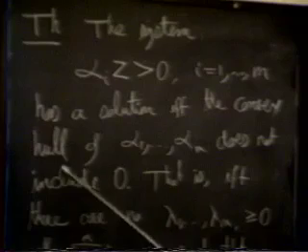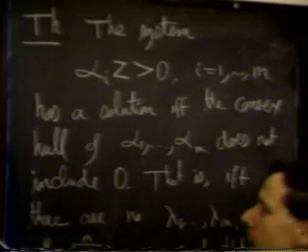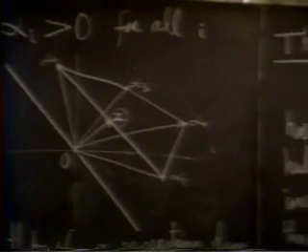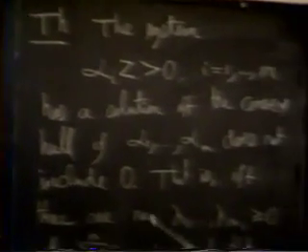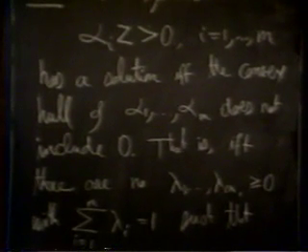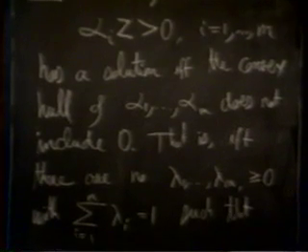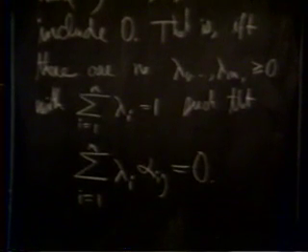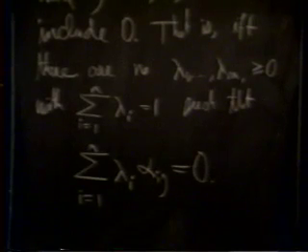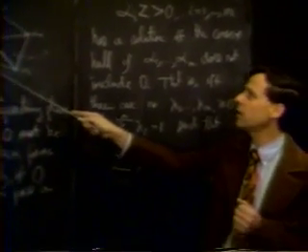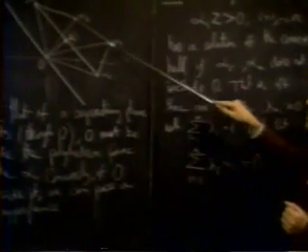The notion of a convex hull, of course, is the set of all mixtures, convex combinations, of elements of these vertices. And more precisely, that is, if and only if there are no non-negative numbers lambda_1 through lambda_m, all non-negative, so that they add up to 1, such that the sum of the lambda_i alpha_i is 0. So a necessary and sufficient condition for solvability, again, is that the origin, 0, could not be expressed as a convex combination of the elements